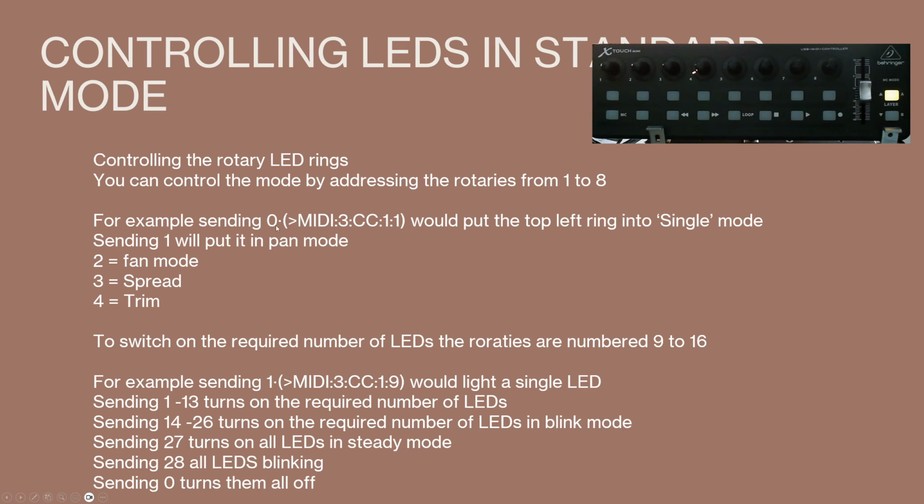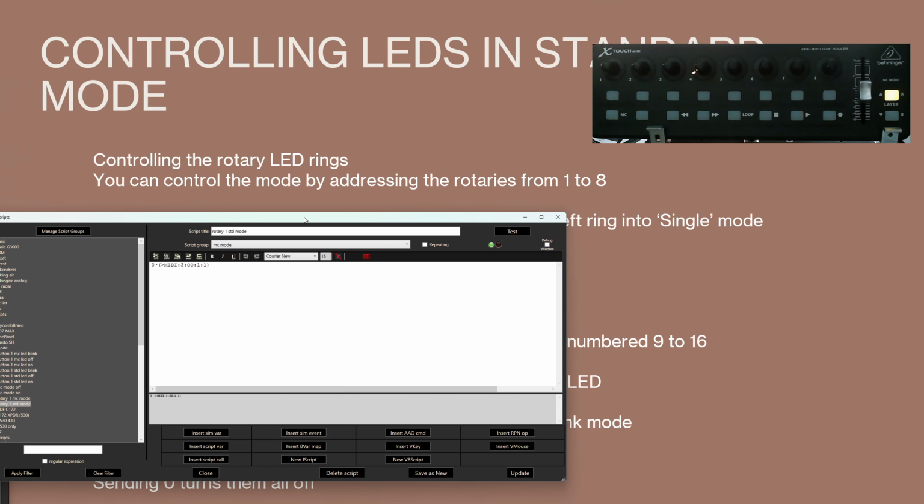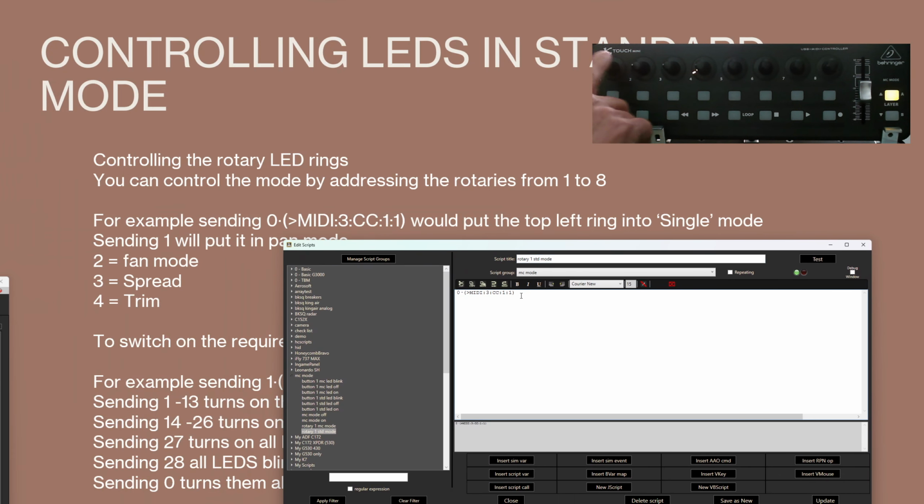We can address each one of these rings separately. This is rotary 1, rotary 2, rotary 3. So let's bring in a bit of code for us here. Just for the sake of the camera, I'm going to address ring number 4, and at the moment it's in mode 0, which is lighting up essentially one ring at a time. If I put it into mode 1,